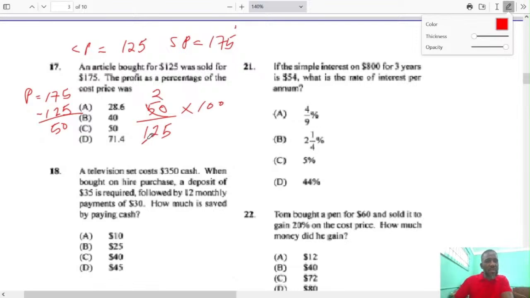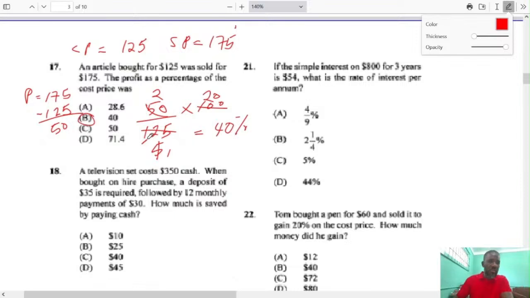We agree? And 25 into 125 goes 5 times. And 5 into itself goes 1 time. 5 into 100 goes 20. 2 times 20 will give us 40%. So therefore, the profit as a percentage of the cost price is equal to